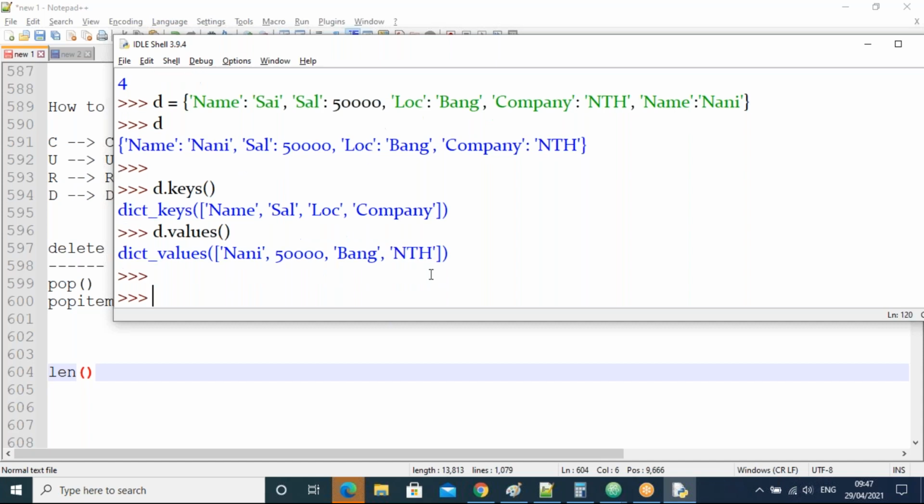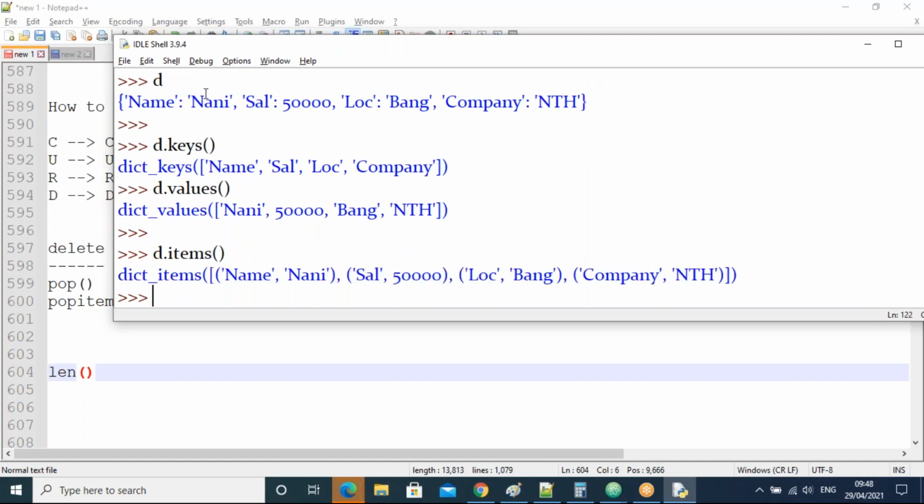I want to get this entire dictionary in the items format, guys. Yesterday we saw what an item is. While creating a dictionary by using the dict function, I showed you how the items look. Now I want to get all the items. So d dot items, guys.